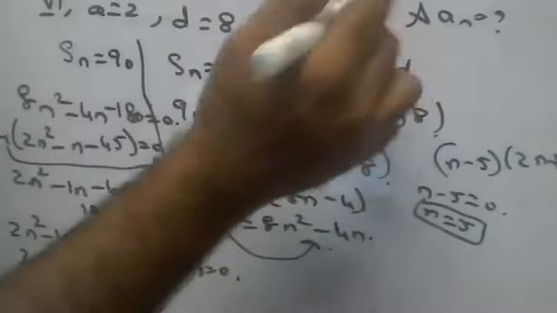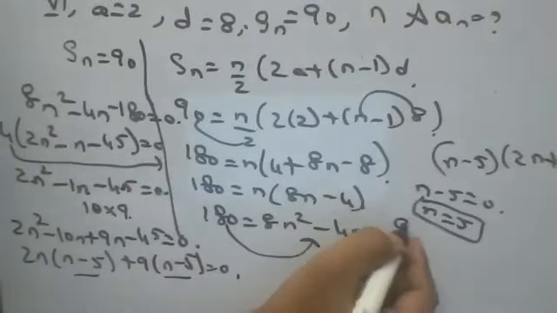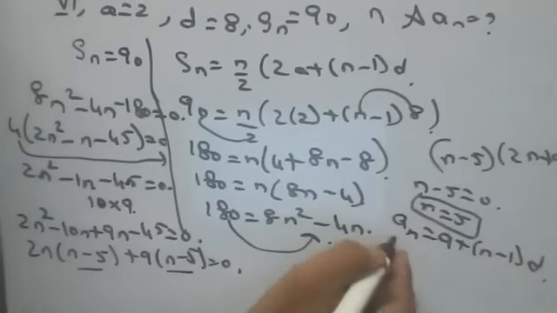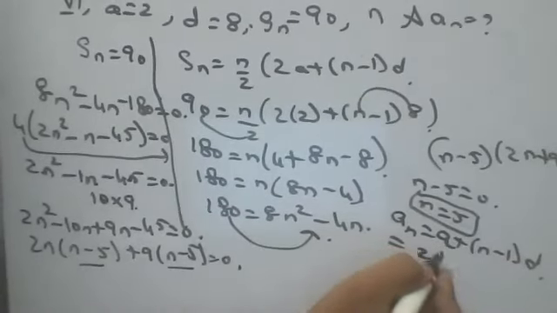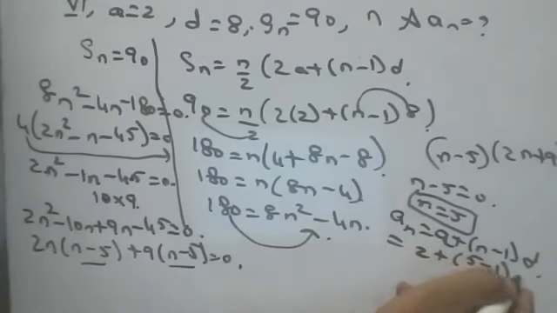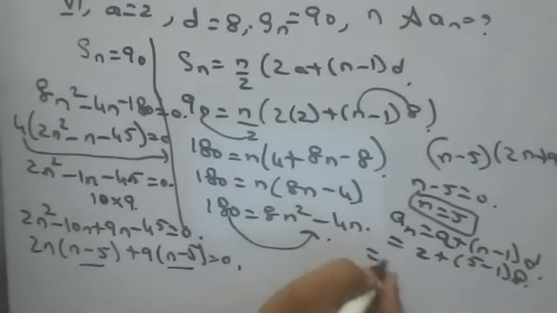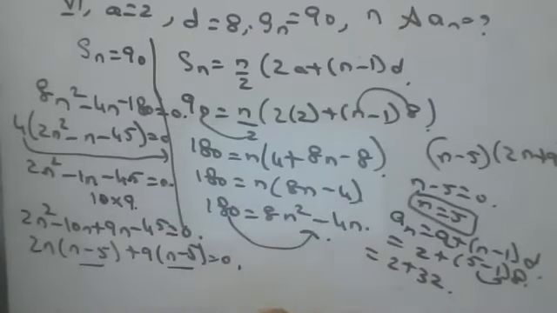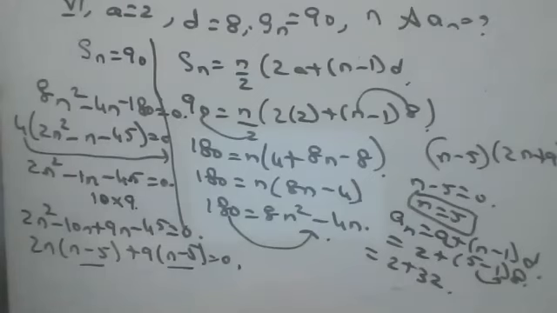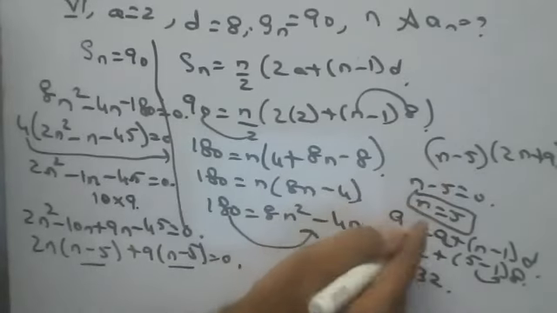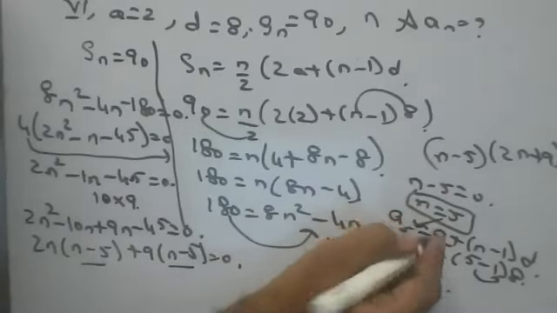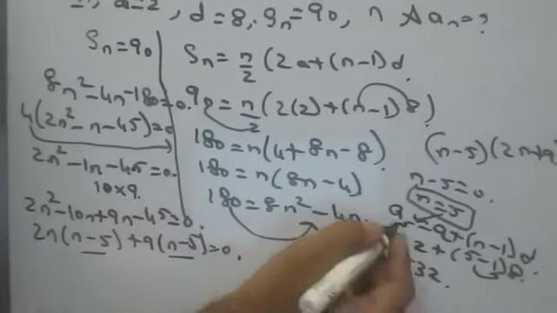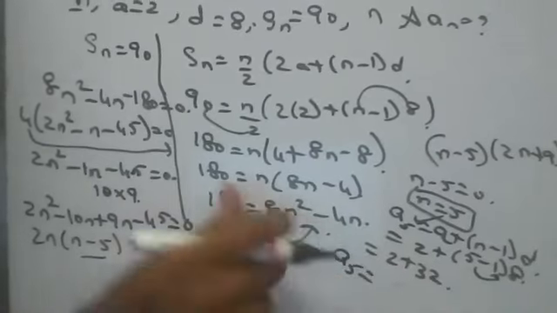So we found n, children. Now we should find an. an is a plus n minus 1 into d. What is a, children? It is 2 plus 5 minus 1 into 8. So 2 plus 4 eights are 32. We are finding a5, I mean to say the fifth term. He asked you to find the fifth term. So a5 is equal to